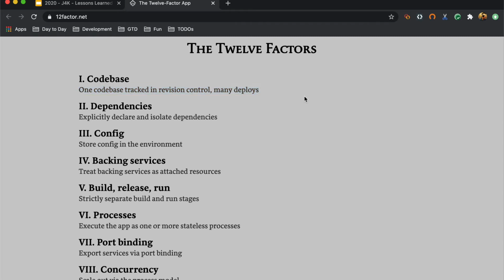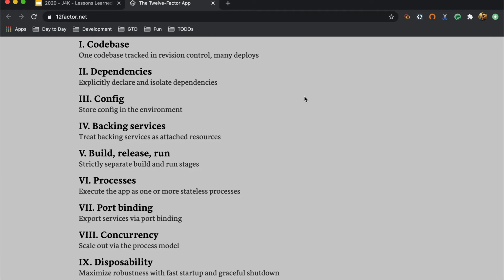But there are many other factors that are also important, and I'll call out a few here. For example, you want to make sure that your application can be configured from an external source, like using an environment variable. As Java developers, I know that we often hardcode property files that cannot be overwritten, and so we have to change and rebuild our application. It's important that these configurations can be externalized.